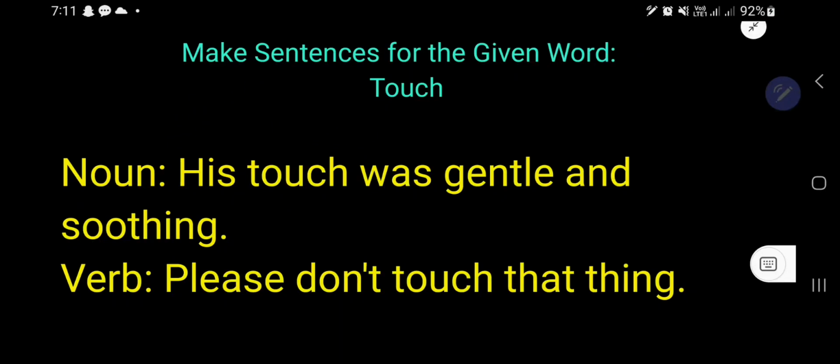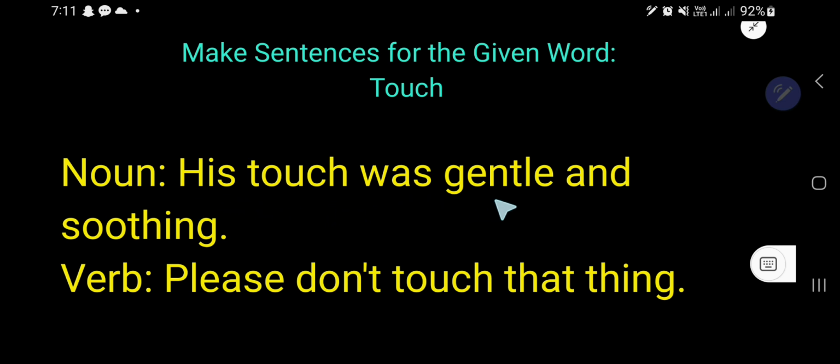From this video, you will learn how to make sentences for the given word touch. The word touch can be used as a noun or verb. So as a noun, you can say